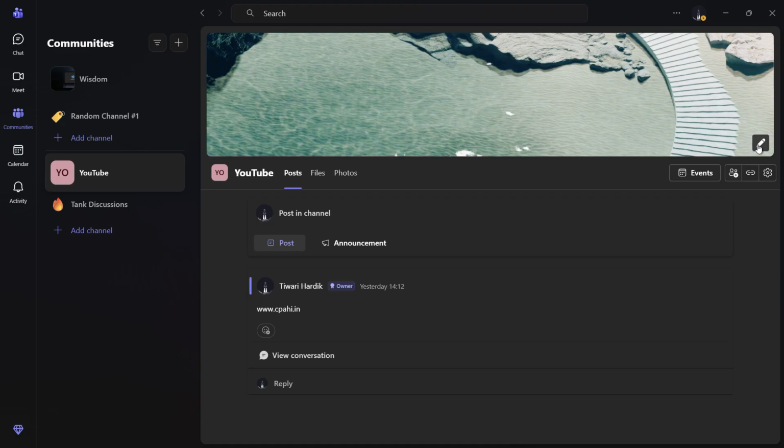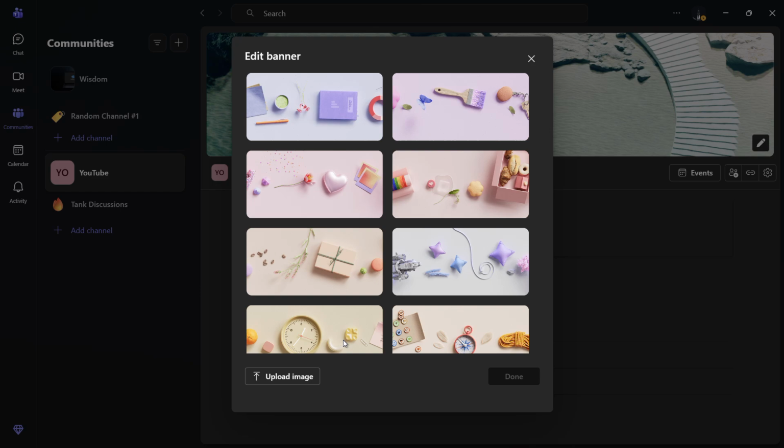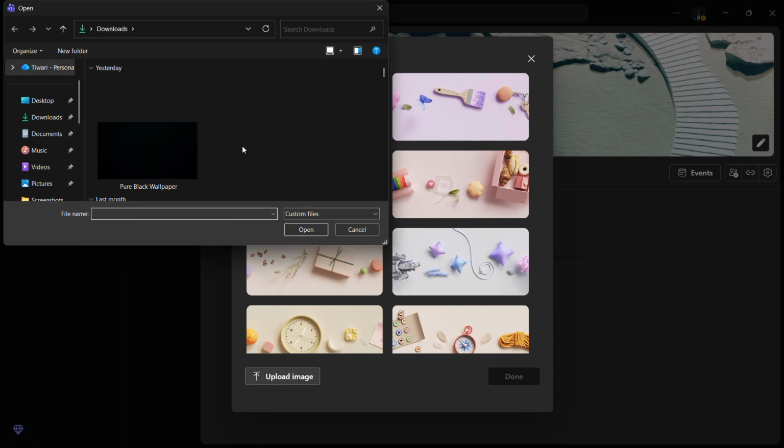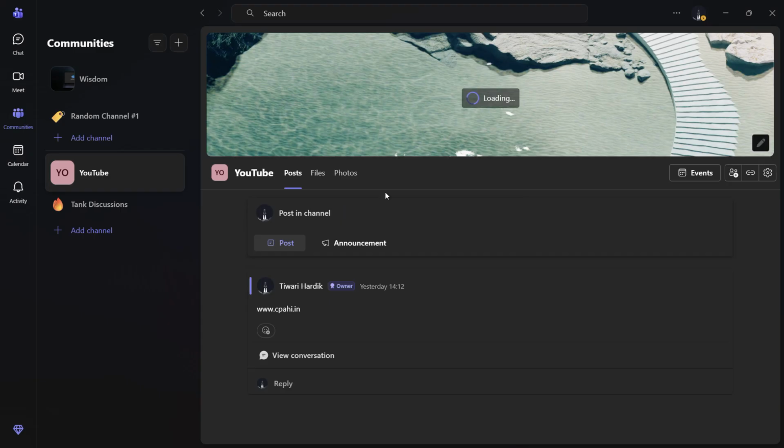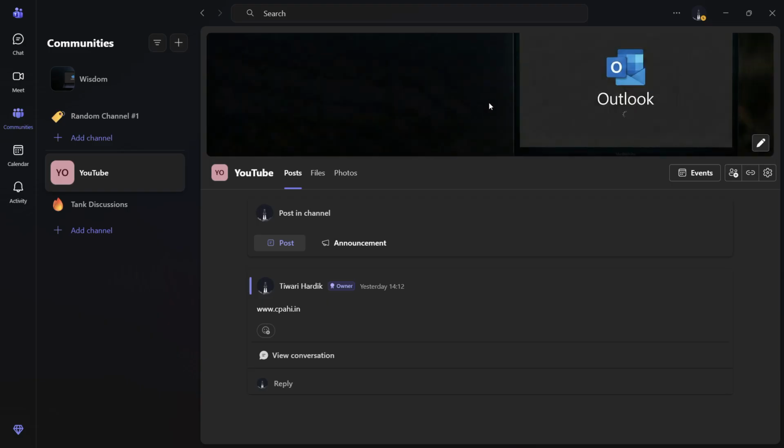If you wish to upload your own banner image, you can simply click onto this upload image option and choose the banner image that you like and click onto this open button. Once you do this, it will auto adjust and it will paste your banner image right here like this. So that's how easily you can change the banner image of your